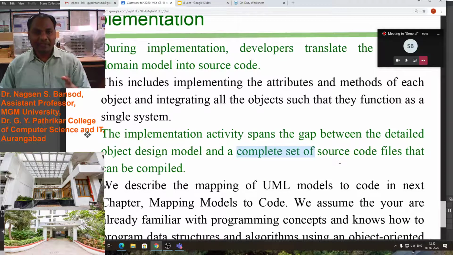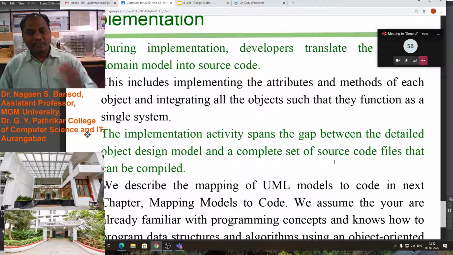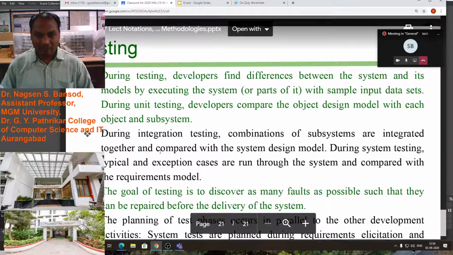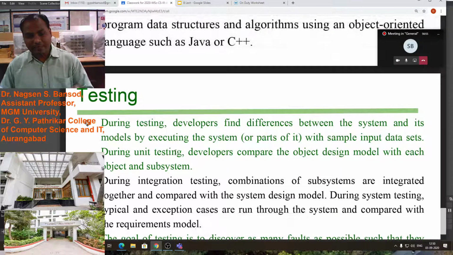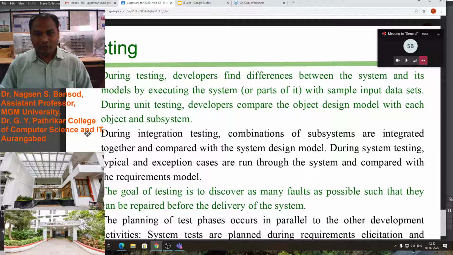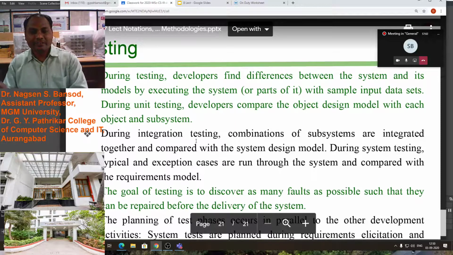On the implementation level you have to solve it. After that you will send this software to the testing level. Okay, now implementation is done. Then during testing, the developer finds the difference between the system and its model by executing the system.